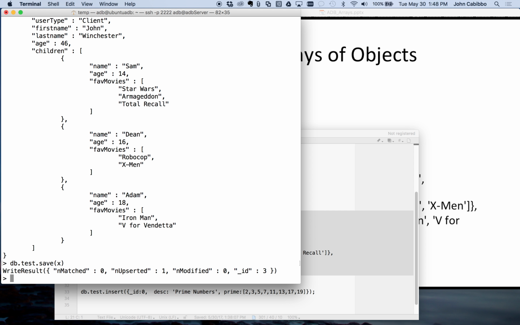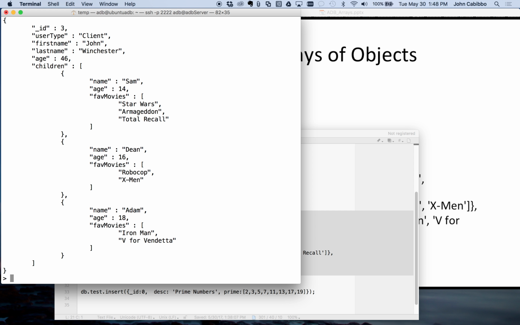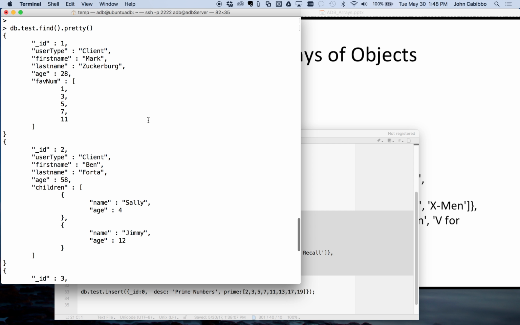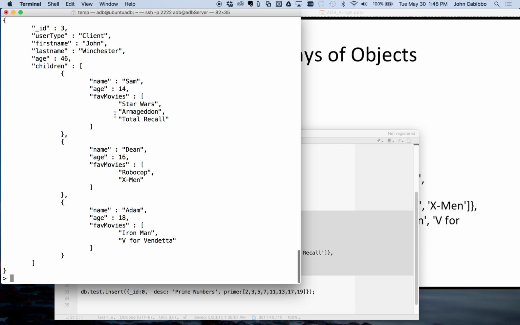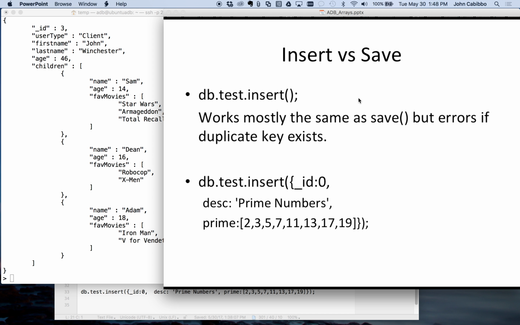db.test.save this. And just to be sure, I'm going to go ahead and run that find and make sure, yep, we have 3 records in here. Mark, Ben, and John. Now navigating these arrays is something we're going to have to go ahead and play with. But right now I want to go ahead and talk about the insert command, because insert is a little different